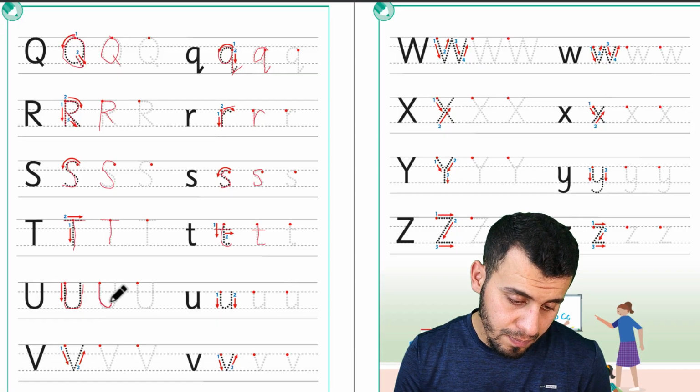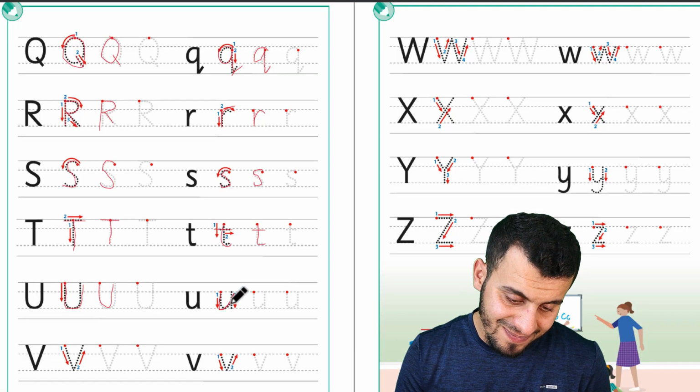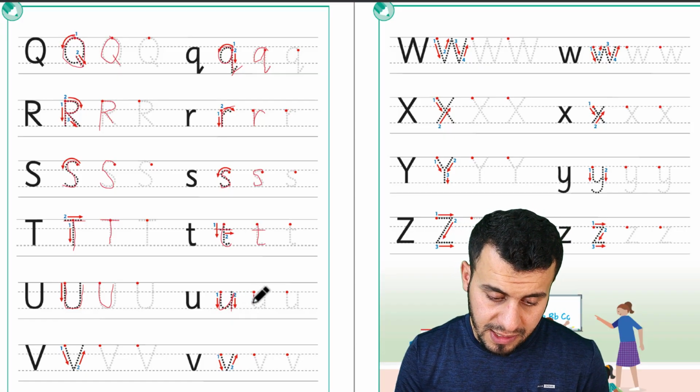Capital U, if you can buy the notebooks that is already lined or gridded